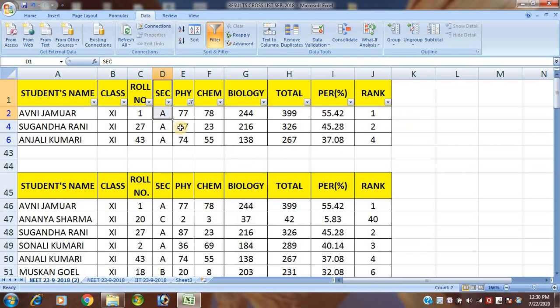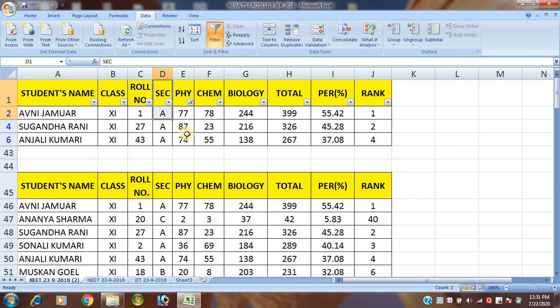You see students, this is my "greater than 70." Those students who have got a score greater than 70, that type of data will be displayed. This is my original Excel, and out of the original, the data we have selected will be displayed. Is that clear? You see, this is my original Excel. Out of this Excel, I have inserted the condition above 70 in physics, and only 3 students have been selected. Is that clear student? Is that clear or not?